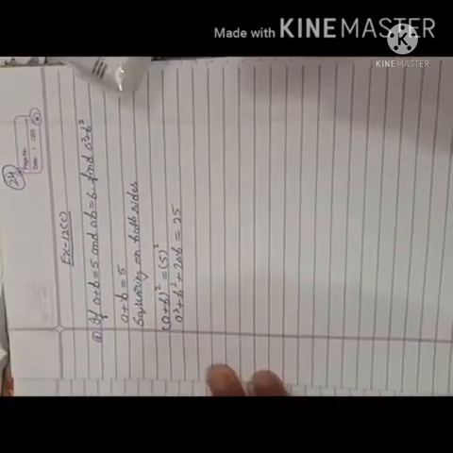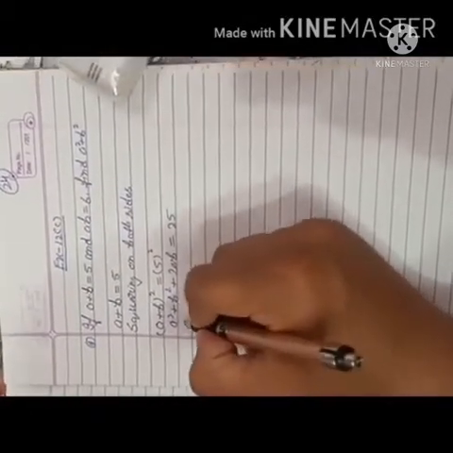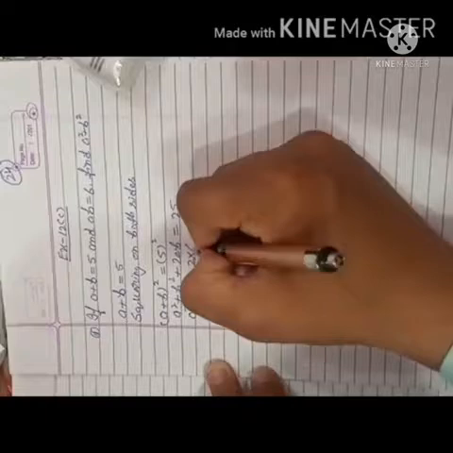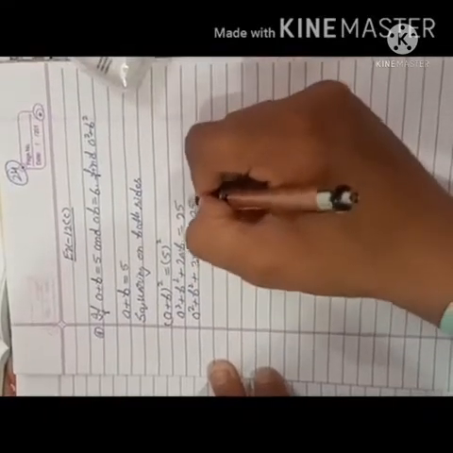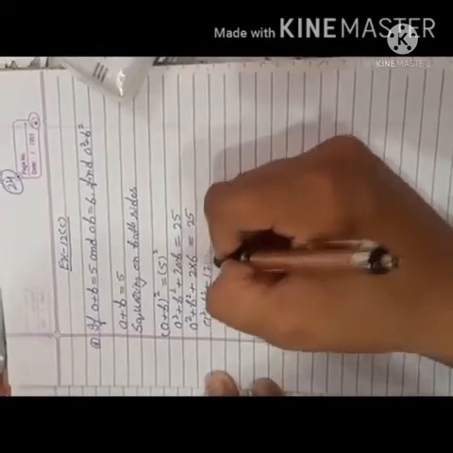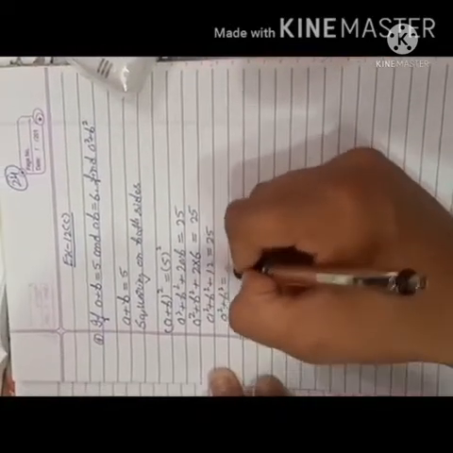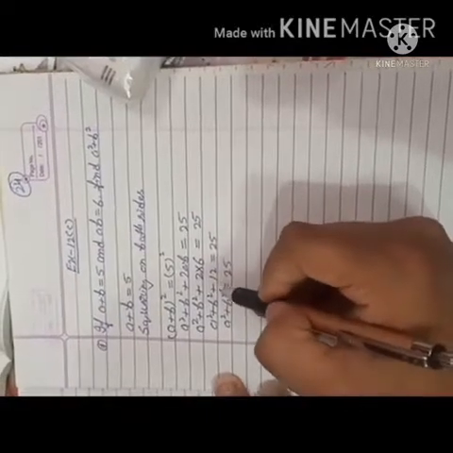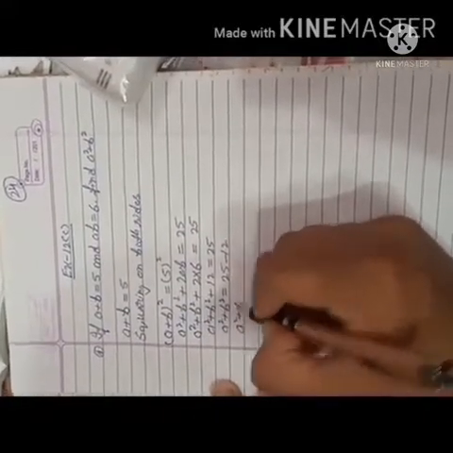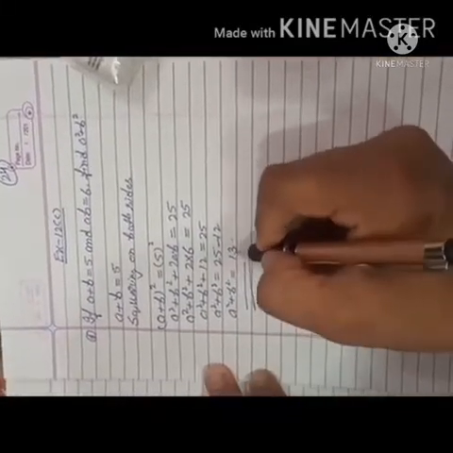25. So what is given? AB is given. We will put the value of AB here. The rest we will write as it is: a square plus b square plus 2 multiply value of ab, 6, is equal to 25. So a square plus b square plus 2 sixes are 12 is equal to 25. So a square plus b square is equal to 25 minus 12, because in the LHS 12 is positive, so it moves to the RHS as negative 12. So a square plus b square is equal to 13. So the answer of this sum, a square plus b square, is equal to 13.